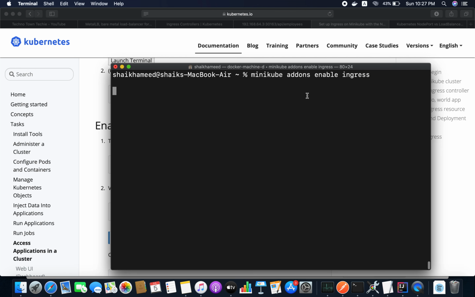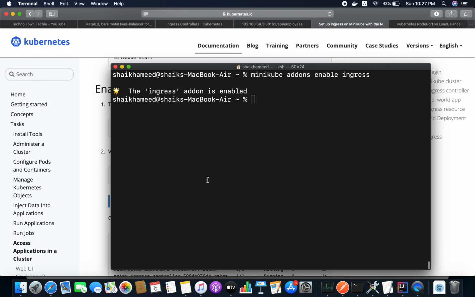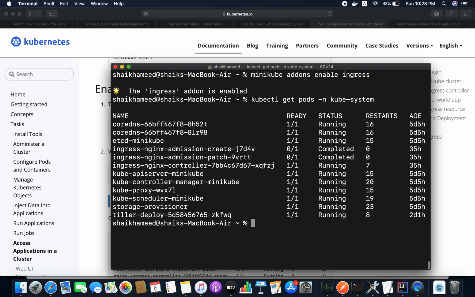It is going to enable the ingress controller in your Kubernetes cluster. After that you can see whether it is enabled or not by using this command, kubectl get pods -n kube-system. Let me check. Yeah, this NGINX controller is actively running on my Kubernetes cluster.